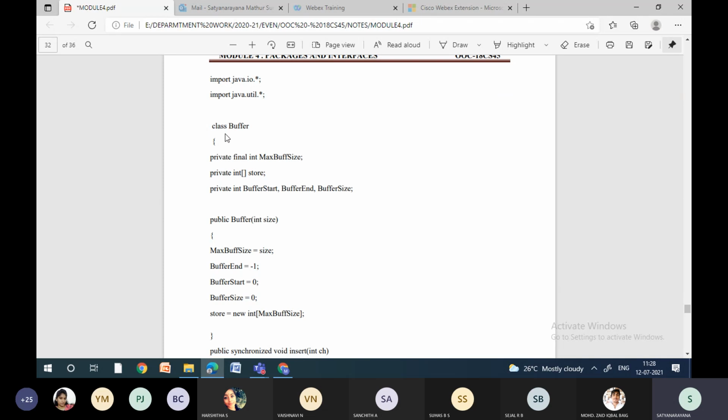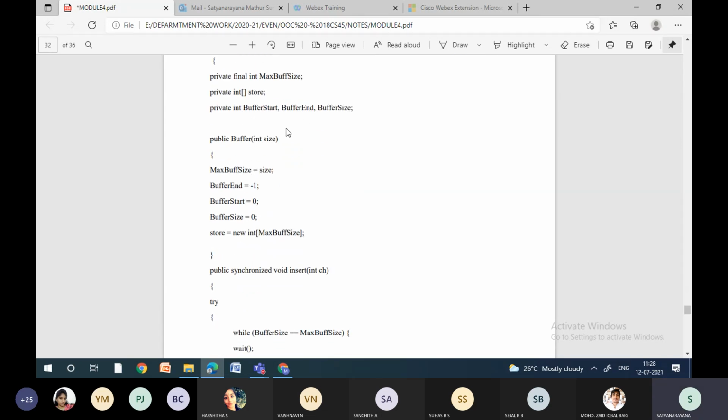So here we are creating a class called Buffer. Within that we are taking a final variable, the maximum buffer size. We are also taking an array called store, and the start of the buffer, the end of the buffer, and the buffer size. Why we are using these variables, we will see slowly in the program. Initially we create a Buffer method with the size as a variable.